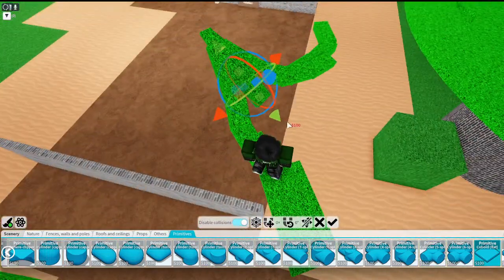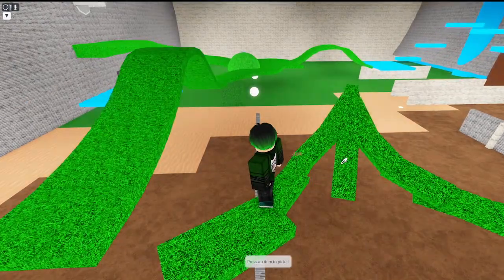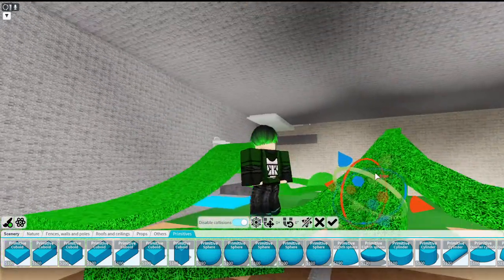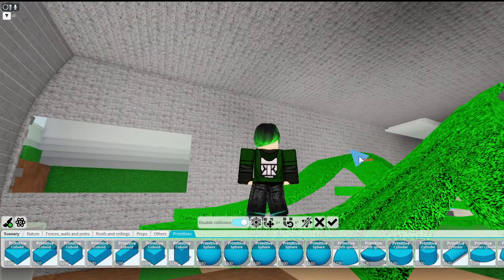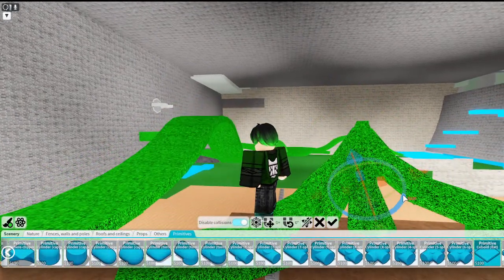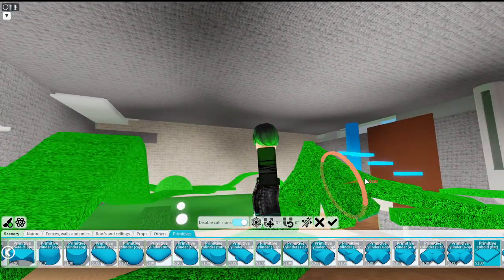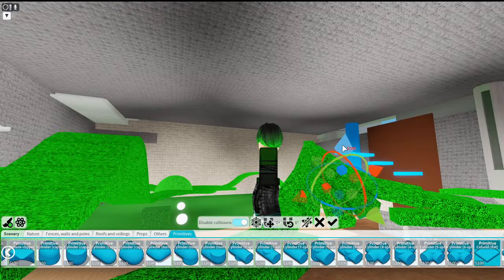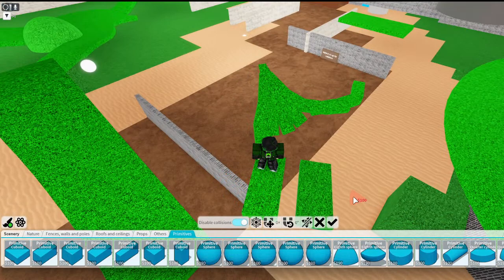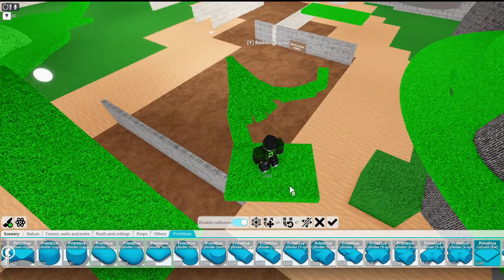Lower this a little. Make it go not all the way out. Look out that far, looks good. Right, and then a curve. Okay.